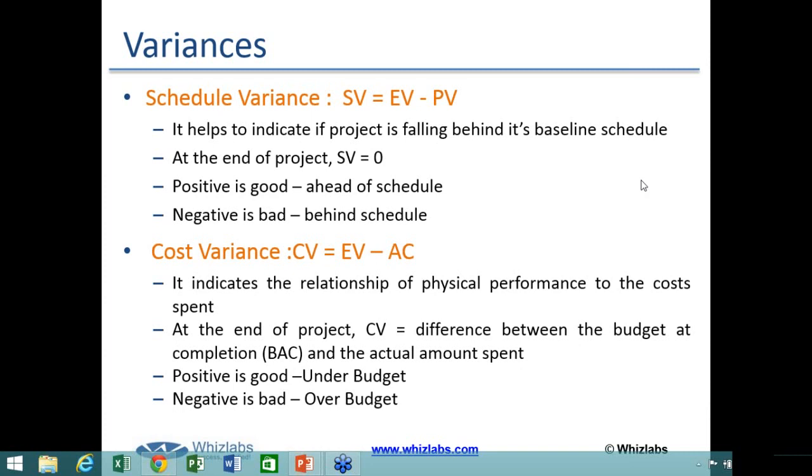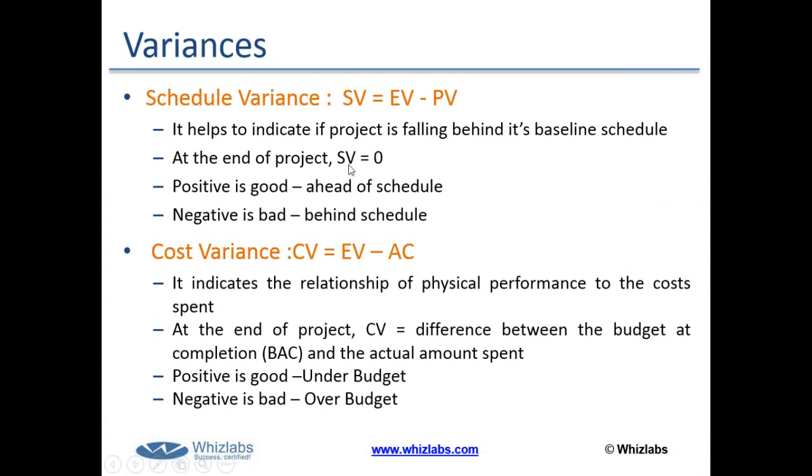Now what you did, you didn't go to that shop, you went to a shopping mall and bought all the grocery items, but instead of spending 100 rupees, you ended up spending 150 rupees. So your plan value was 100, your earned value was 100, but the cost was 150 rupees,